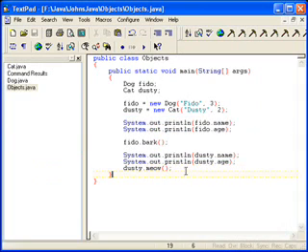Now, let me make another variable. It's another dog name. Sam equals